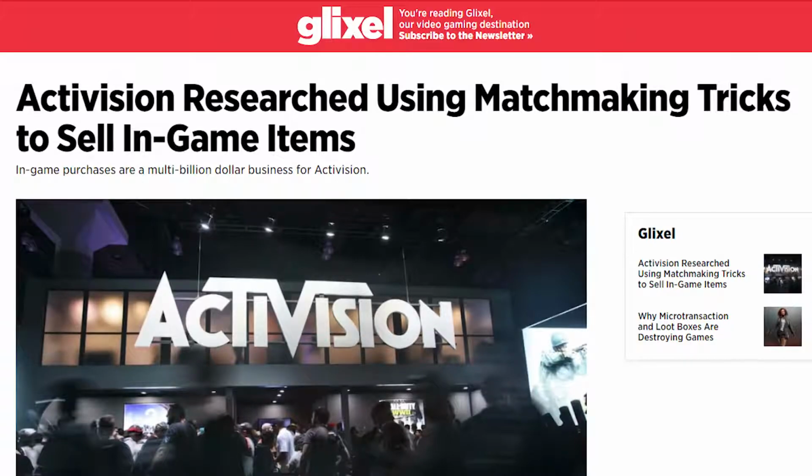So for example, let's say you're playing a first-person shooter and you're artificially matched with a high-level player who keeps killing you with a sniper rifle you don't own yet. After the match is over, the game may nudge you into checking out the items owned by this expert player, like the sniper rifle that they used to kill you over and over again, in an attempt to manipulate you